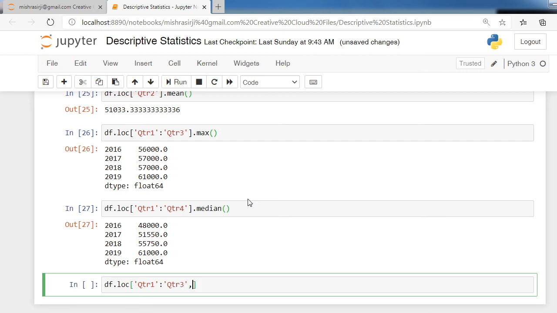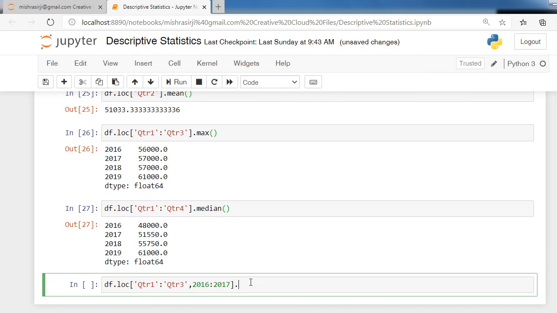Now these are the row indexes. Now the column index is 2016 to 2017, meaning this returns only values from columns 2016 and 2017 and values from the given range, from row index qtr1 to row index qtr3. Use any aggregate function.